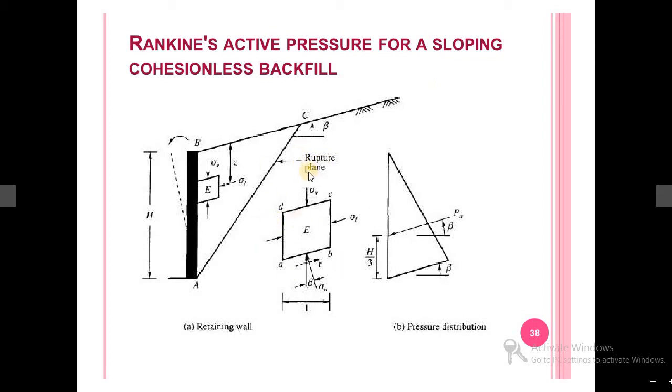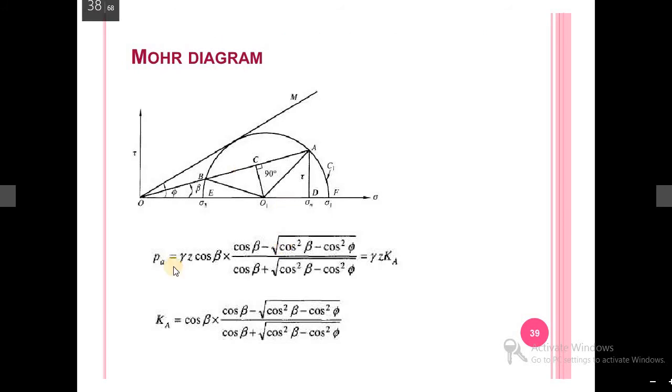So this is the element E where the sigma V and the sigma H are acting. We can say this is the vertical stress and this is the horizontal stress. If you consider, it is parallel to this particular plane. Then by using this theory, now let us go with the sigma 1 and sigma 3 values, plot this Mohr circle, and then find out the angle. So this is the angle phi, which is the line. This is the line. So this is the construction for the Mohr circle.